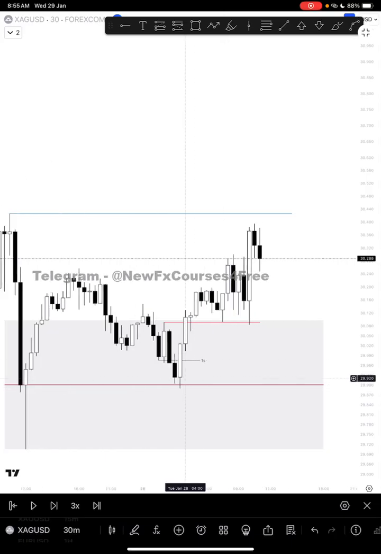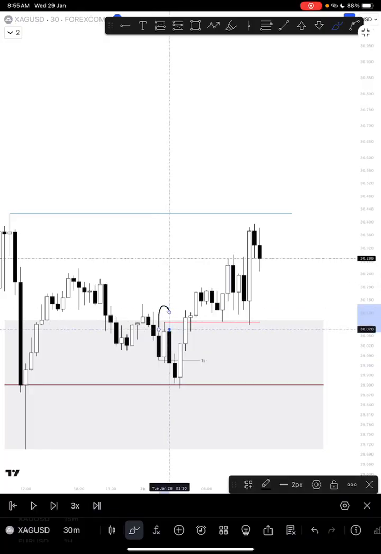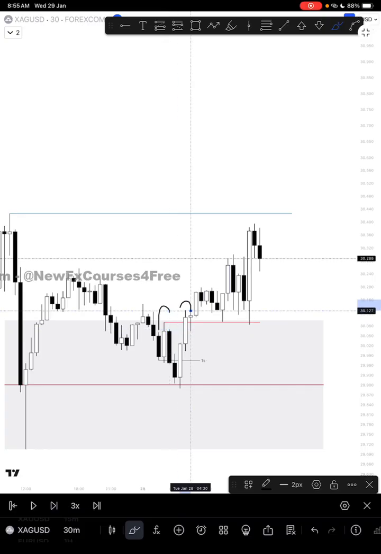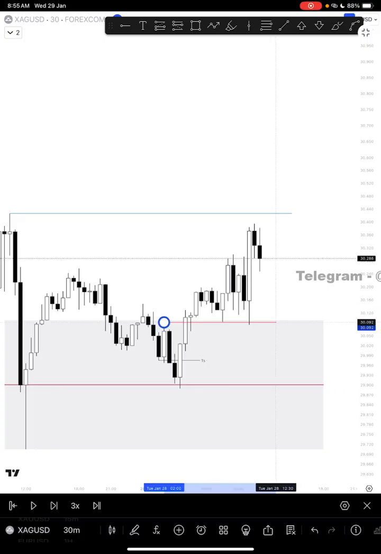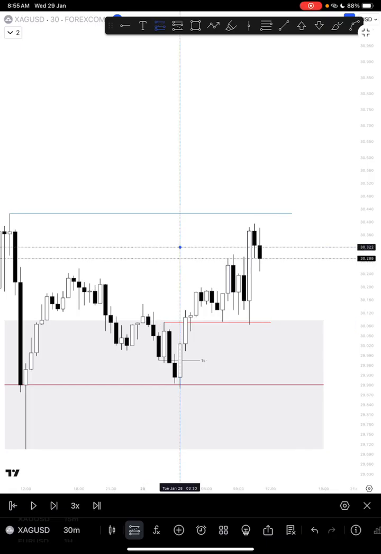Then bullishness confirmed. That's your market structure shift over here, closing above this high. That's your market structure shift with this candle close above. So bullishness confirmed, retracement into this breaker block,